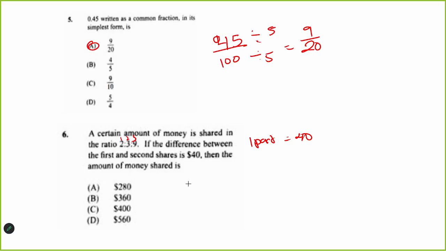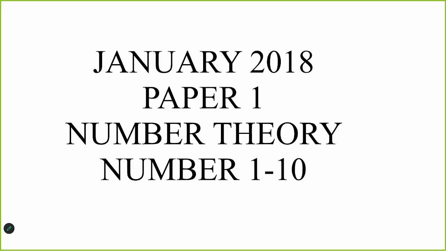Then the amount of money shared is 2 plus 3 plus 9, which is 14. So 14 parts would be 40 multiplied by 14, which is supposed to give you 560. Right? And that's the end of